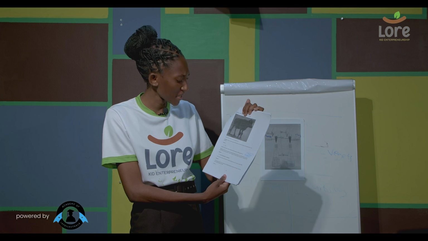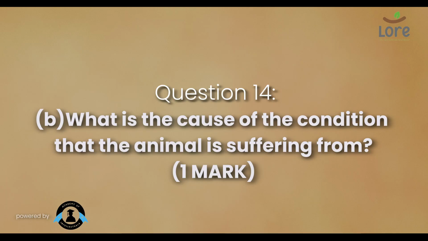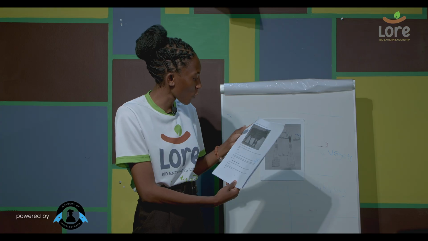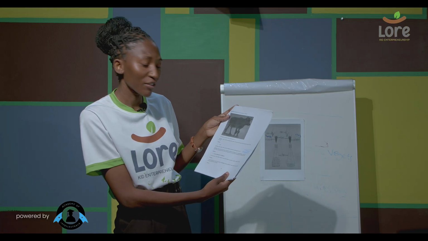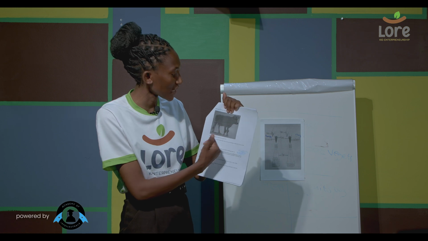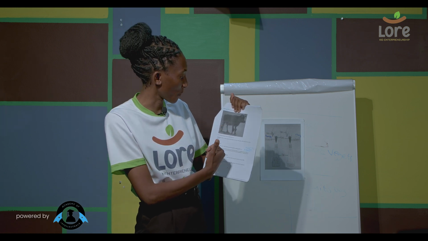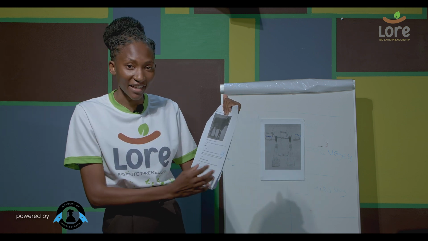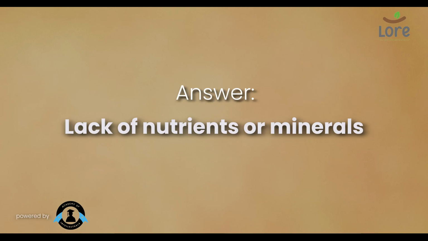And then question B says, what is the cause of the condition that the animal is suffering from? Before we explain the condition, we have to know the disease that our animal is suffering from. The disease is arthritis. That is the disease that our animal is suffering from. And then our answer is lack of nutrients or minerals. Let's move on to question